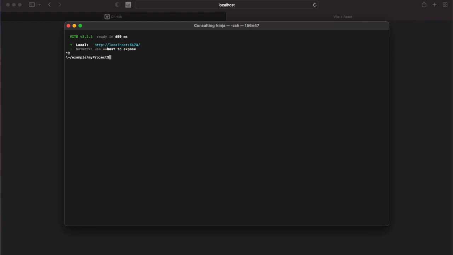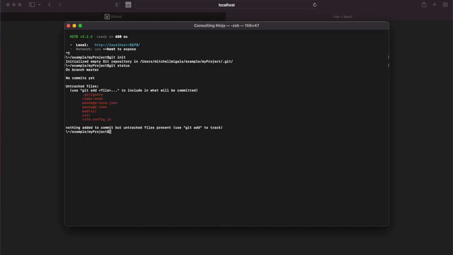But after I've got git installed, once I am in the location where my project lives, I do a git init, and now I have a repository inside of my project directory. Okay, and once git is installed, now I can start creating these snapshots. Well, you can create snapshots, you can create branches. So right now I can say git status, and it tells me, hey, you have these untracked files. And if you want to track these files, use git add and the file name to include what will be